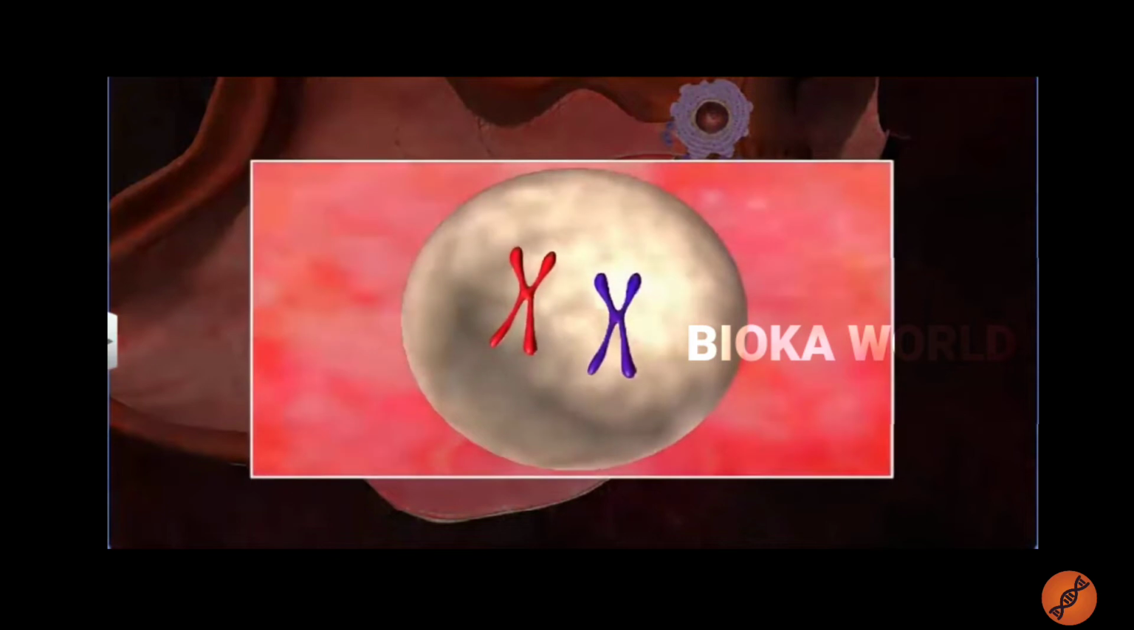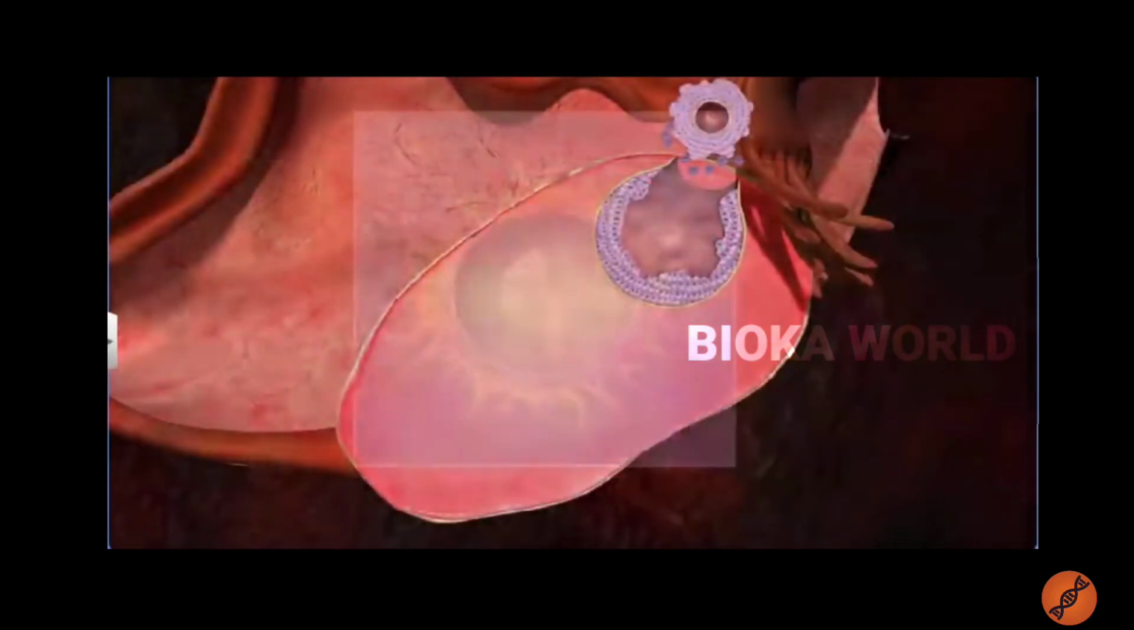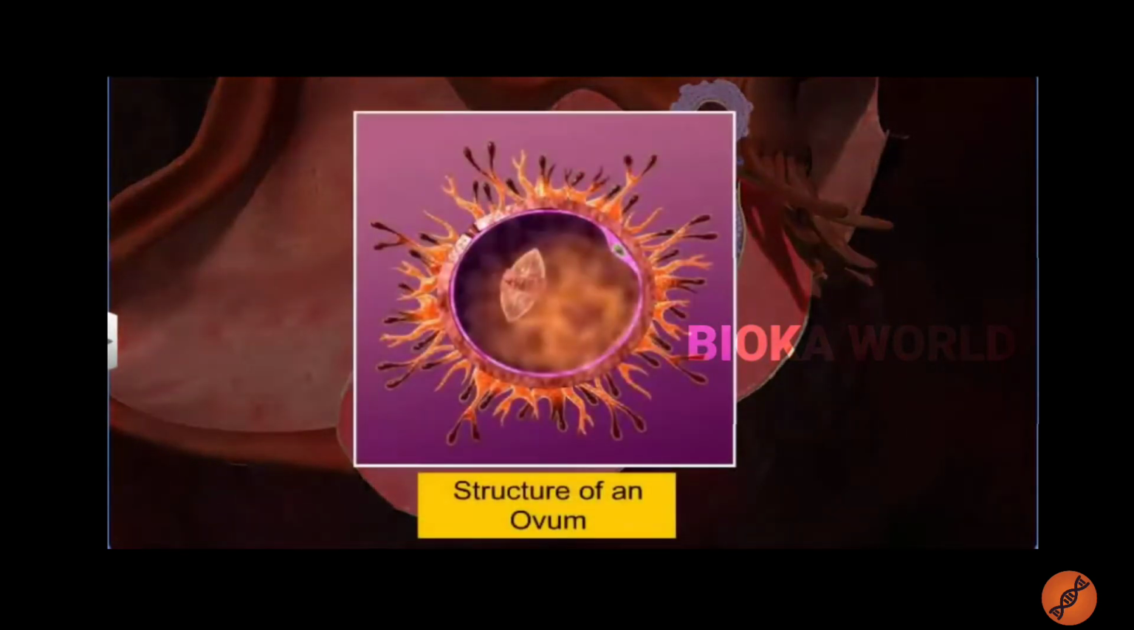Upon its release, the ovum begins to undergo the second meiotic division. However, the division does not go beyond the first phase. Interestingly, the ovum contains only the X chromosome. Studies have shown